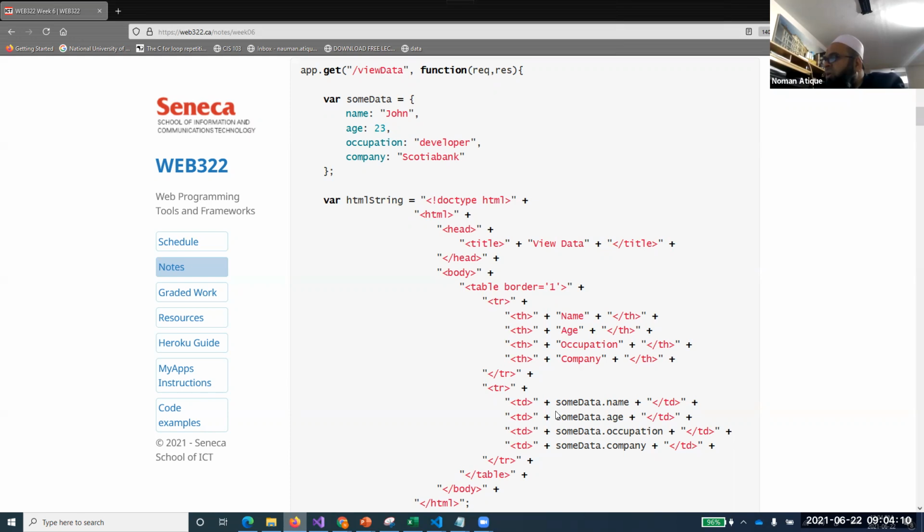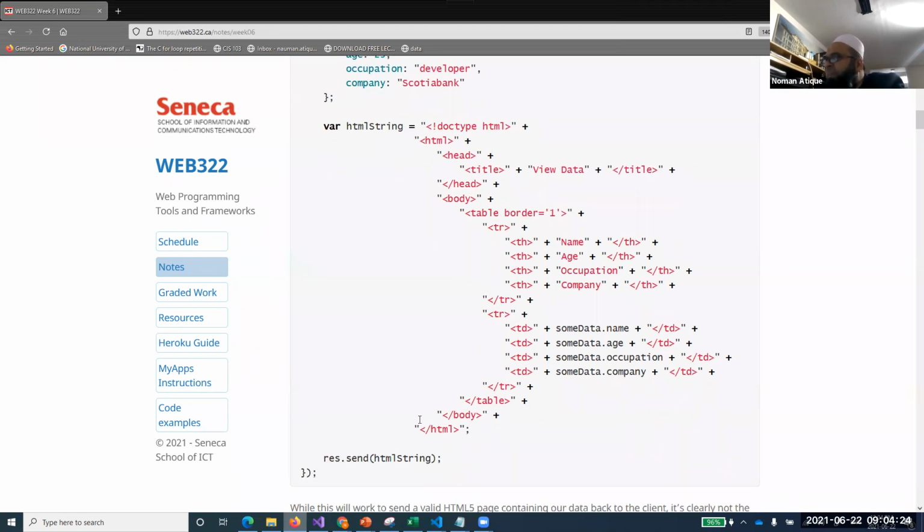This JSON code, someData.name, someData.age, someData.occupation, refers to the variables or values stored in this JSON data. So what I've done is I've created a string and named it htmlString. This is one good way. And then send this HTML string.